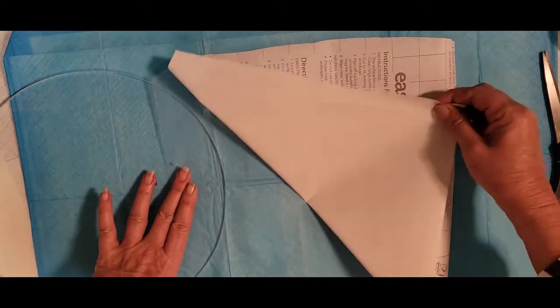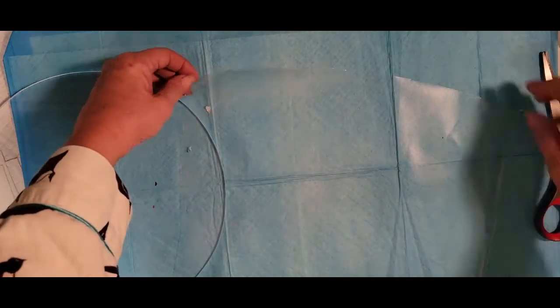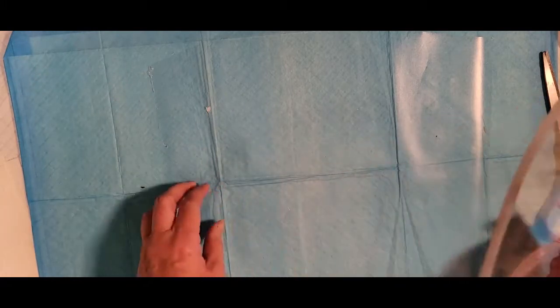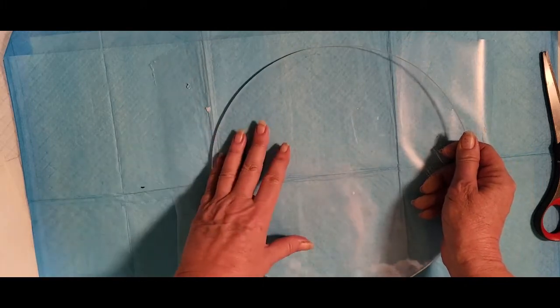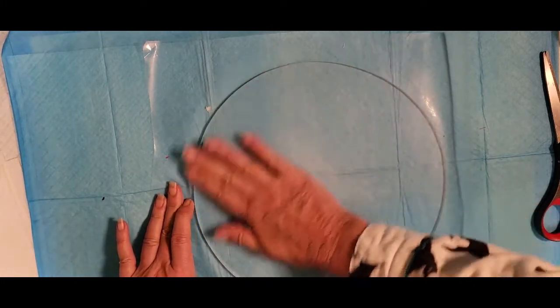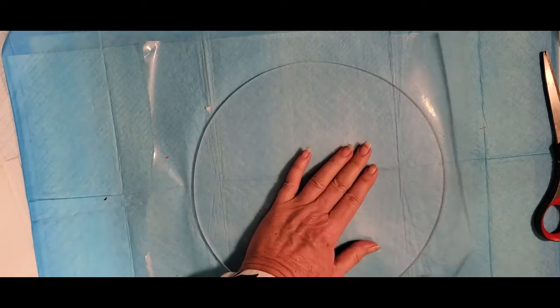So, okay, if I can find an open edge here to peel back. Now, this is clear, and it's sticky. So get rid of that. That's a scratch side. So, if I can see under this blue, set that on there. Get it done really good. This is going to keep the resin from sneaking behind the plexiglass when we